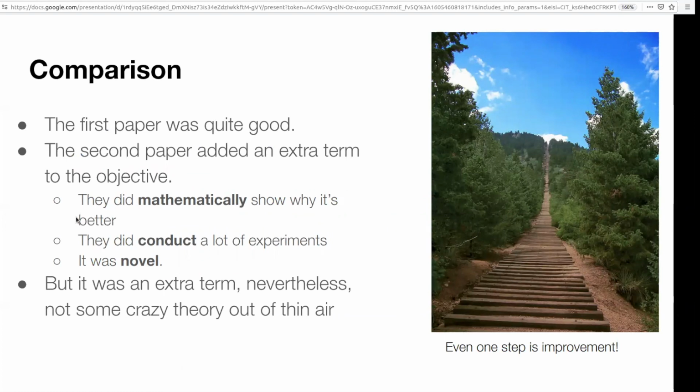It had 4,000 citations. The second paper, which sounds so different, the only difference was that it added an extra term to the objective. In reinforcement learning, the objective function is something you want to maximize, because the goal is to maximize this thing called reward. Like in that old example of the ant going through the maze, it gets a higher reward if it's closer to the goal, which makes sense. You should get penalized more if you're farther away,